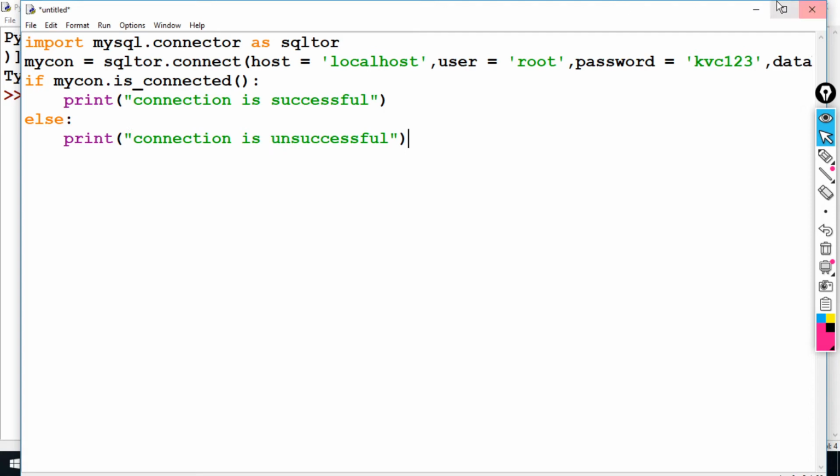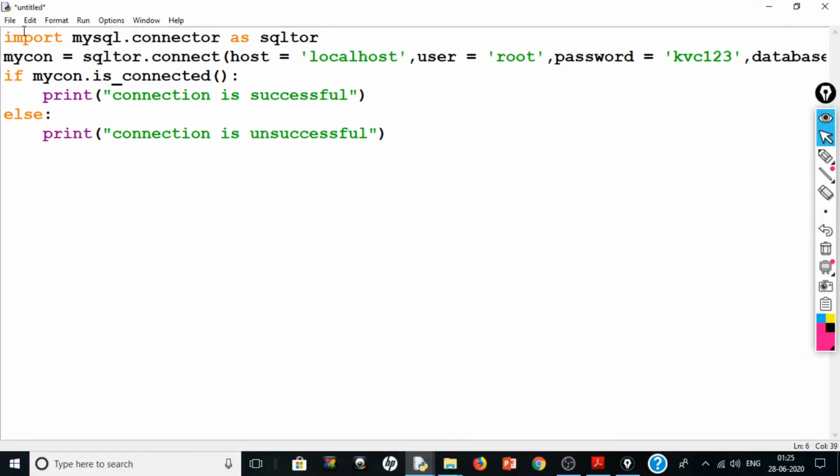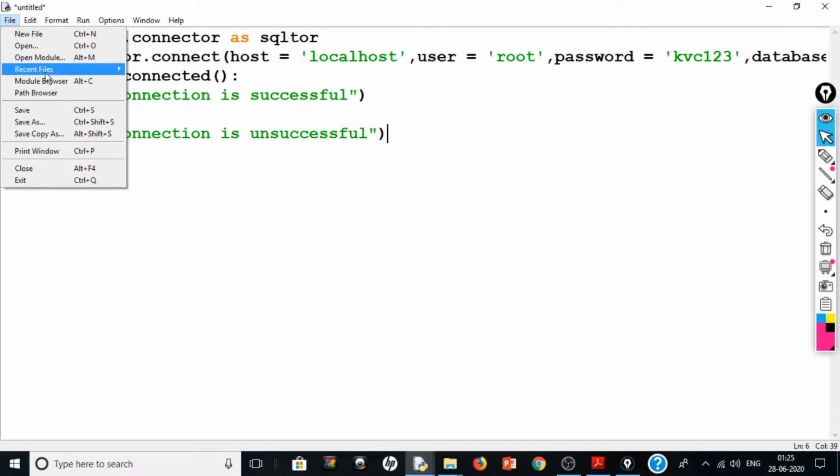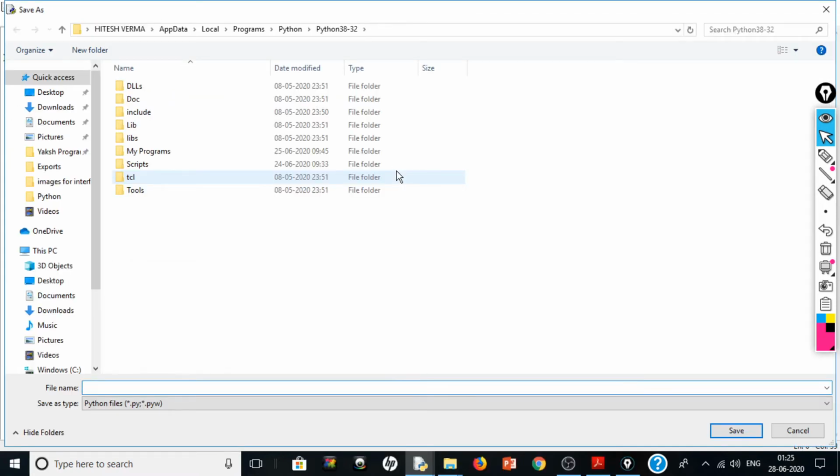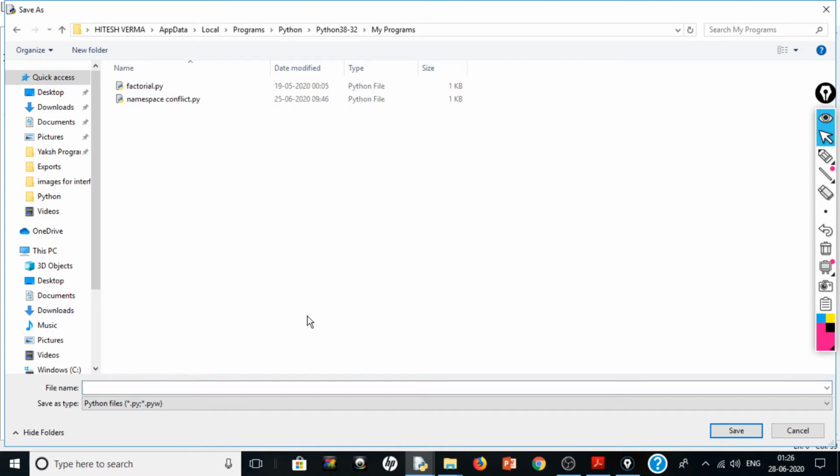So let me save the file. Let me give it the name connection.